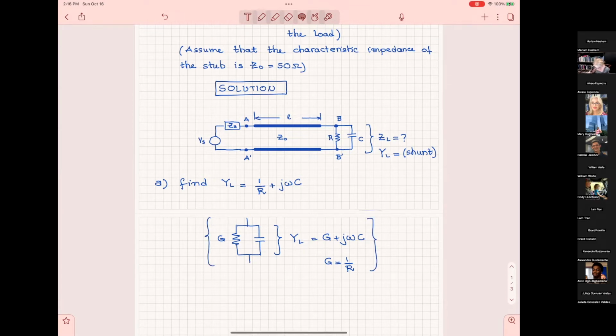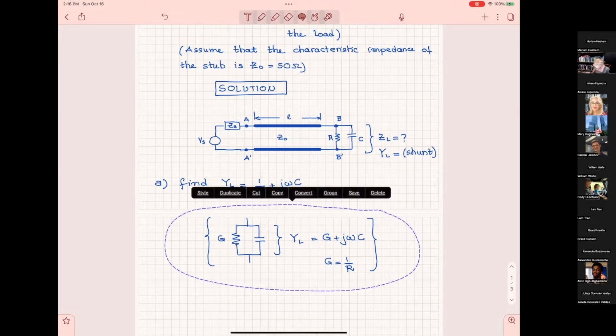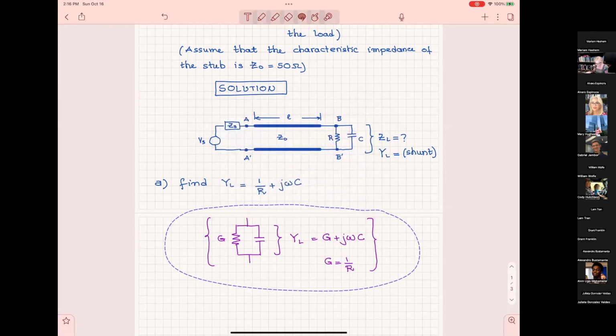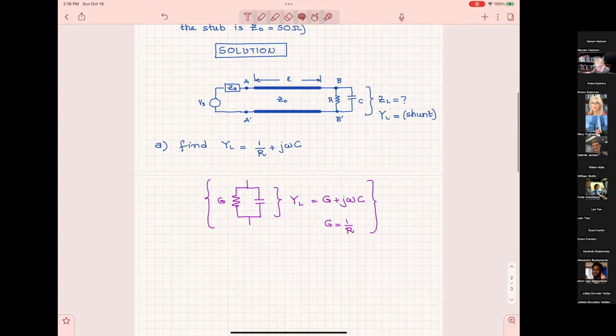So I will put this in a different color so you know that it's like a parenthesis. All right? This is a parenthesis, so we remember. So then, as a result, from here,